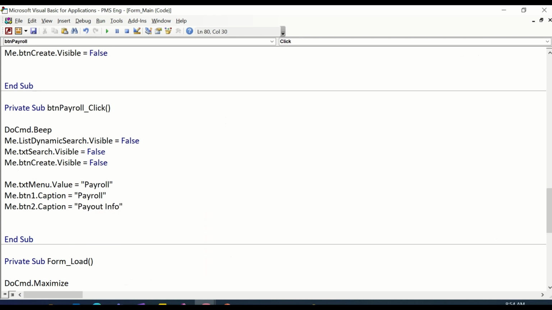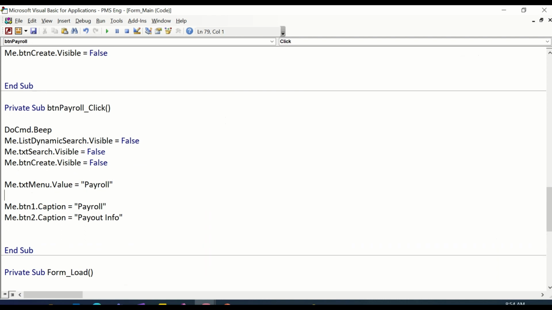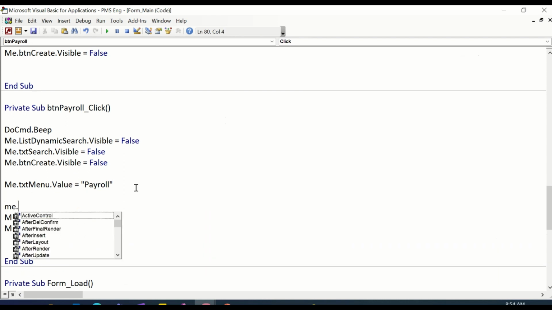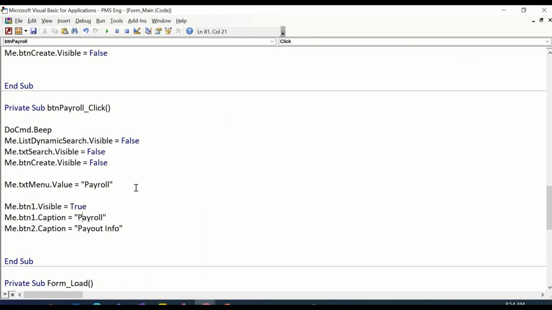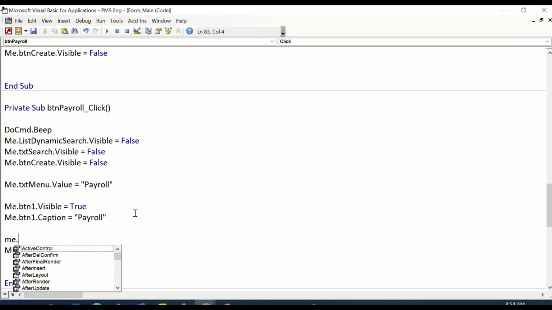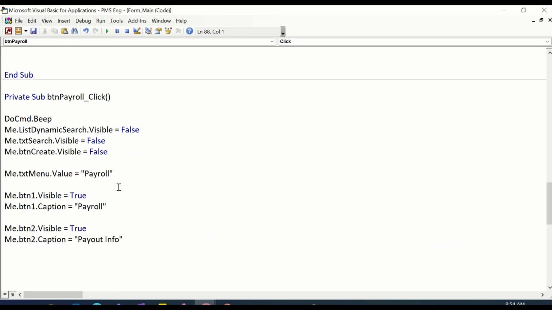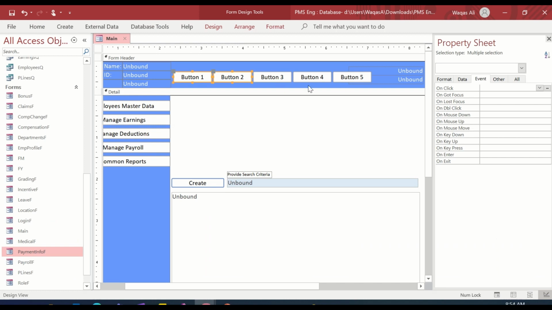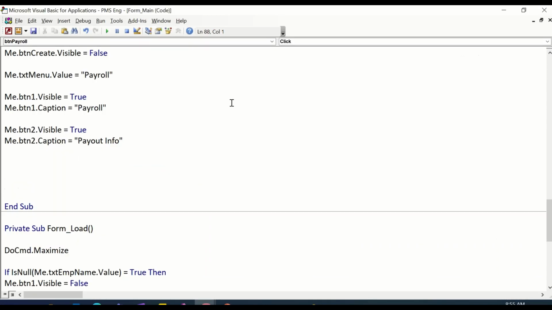Well, first of all, we need to make visibility of these buttons, right? btn1 dot visible is equal to true. Okay, and in here also me dot btn2 dot visible is equal to true, and we are going to hide the rest of these 3, 4 and 5 buttons. We will hide. Okay, we don't need them at the moment,